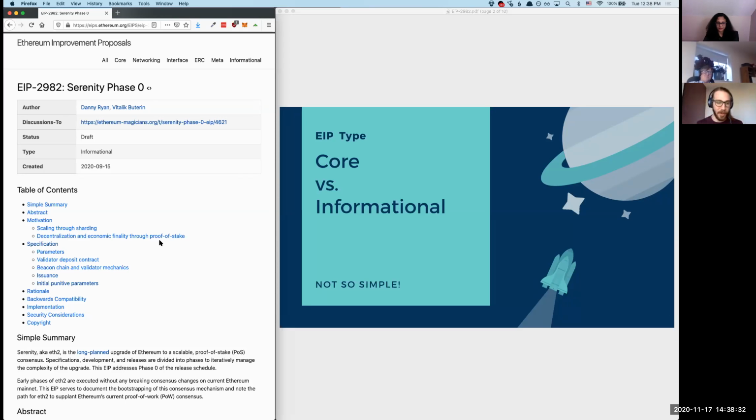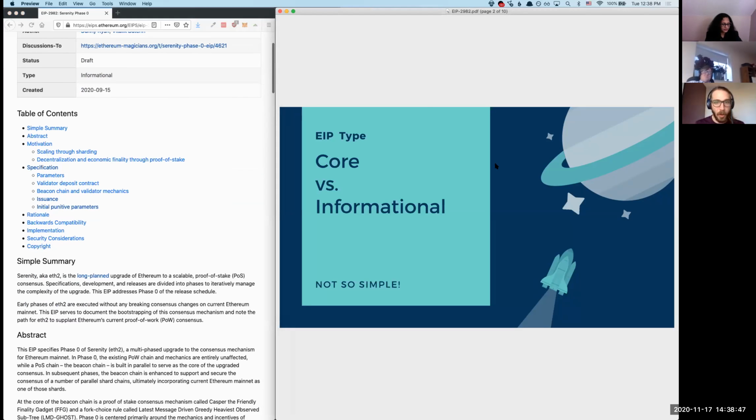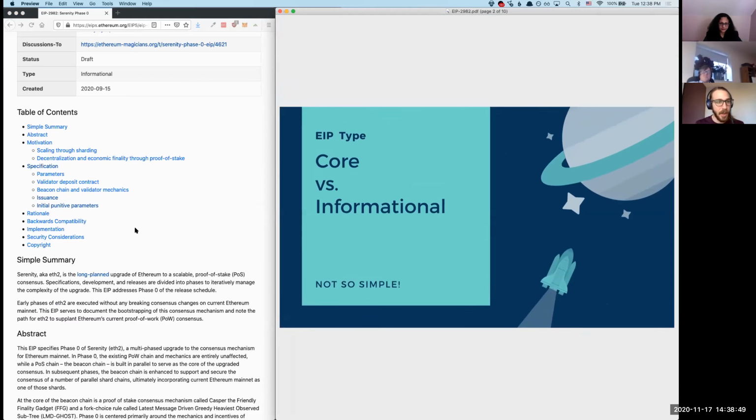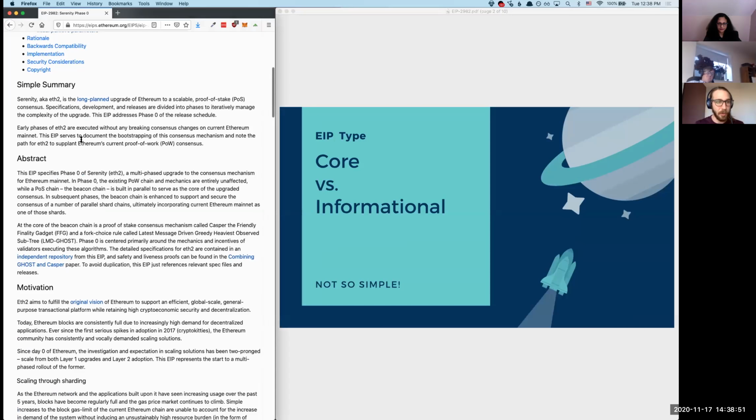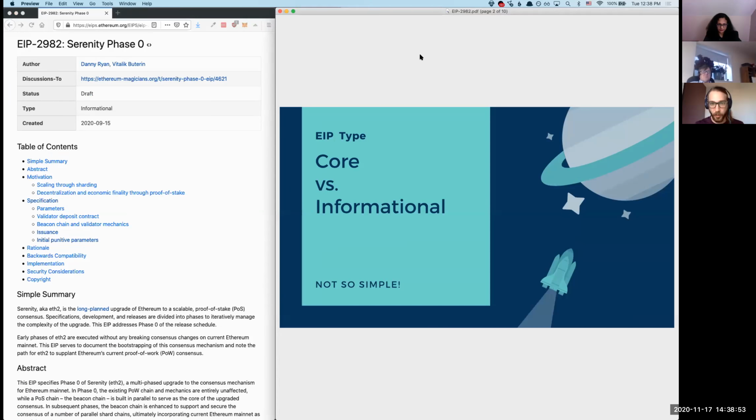But there was also some kind of existential debate as to whether this should be an EIP or how it should be structured in general there. So you can check that out. And as Pooja said, this is a draft, and I'll talk about the status and the path there in a bit. So I will have a presentation going on over here, and I will highlight and point to some of the actual EIP along the way.